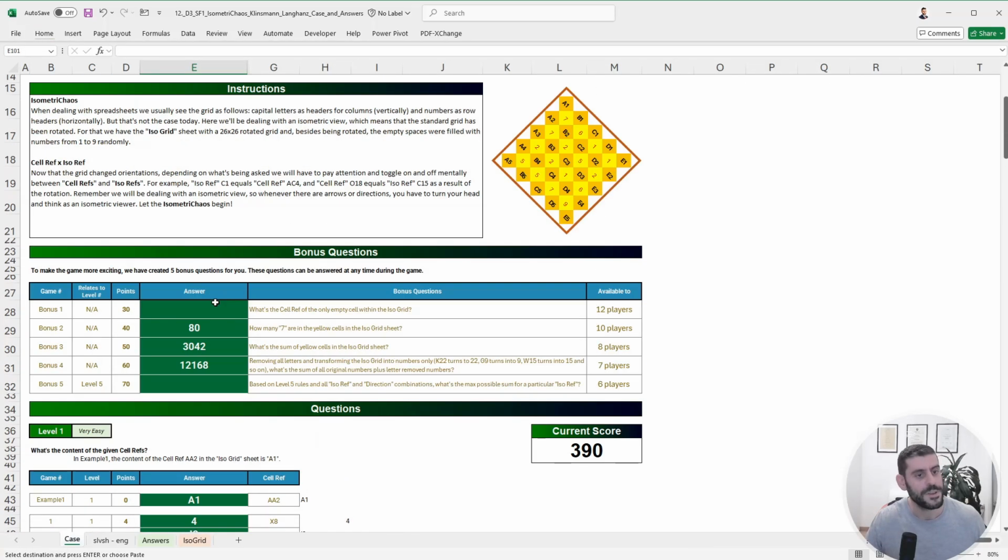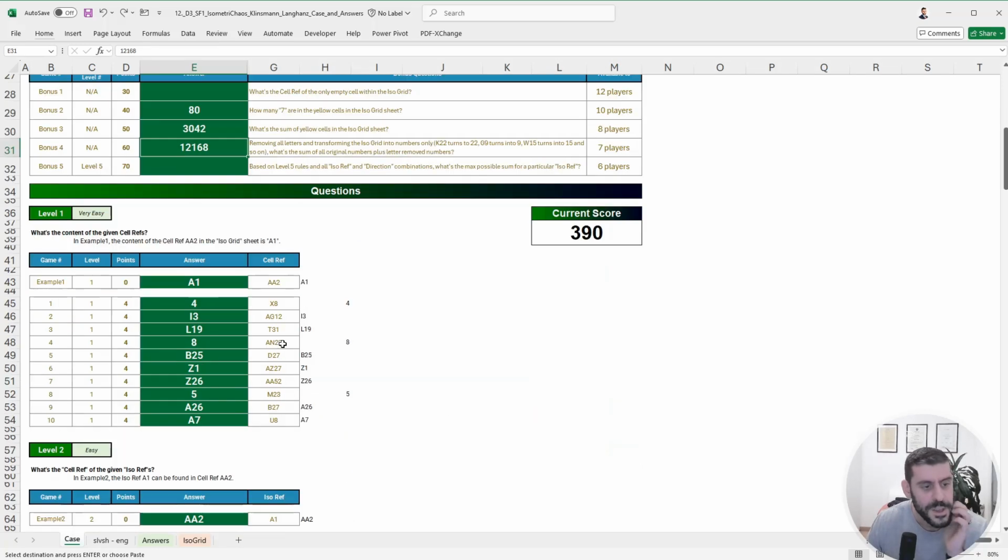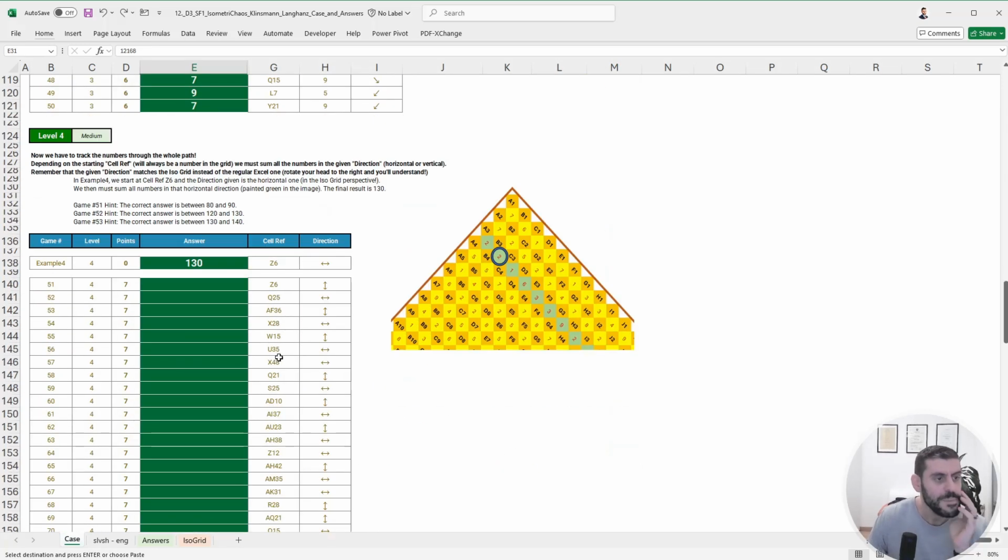Okay, simulated that twist, so 390. Yeah, I was not at 390 because I didn't have this, so okay, 330. So here I am, and now the level that got me out. In theory this is still very simple, because you track the numbers through the whole path, depending on the start